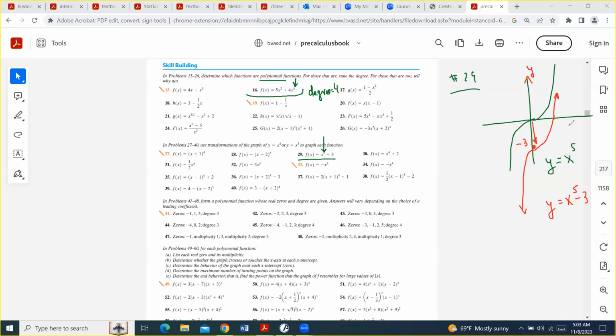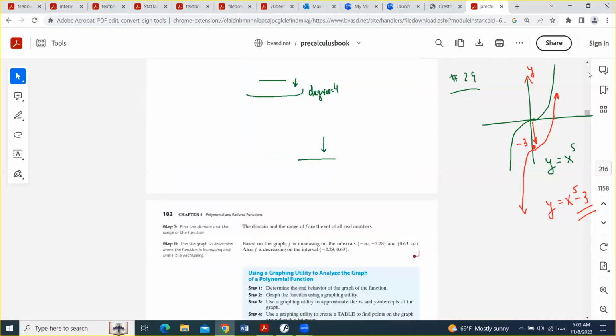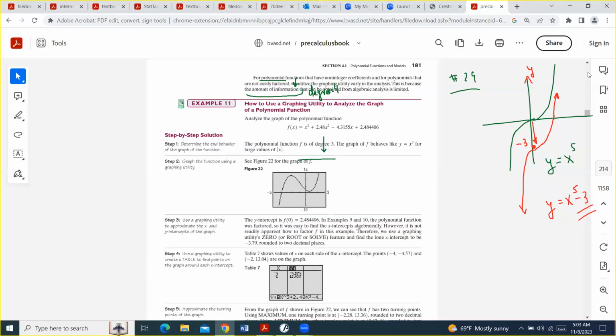So whenever we subtract 3 or subtract any other number, we bring the whole picture down. If we do this with the entire equation x to the fifth, or with any other one. If we add the number, then the whole picture shifts upwards. So I've just done exercise 29, and I'd like to go back to the beginning of this section